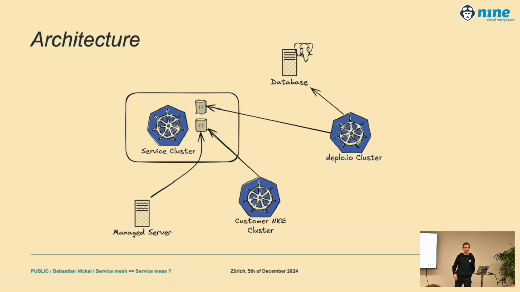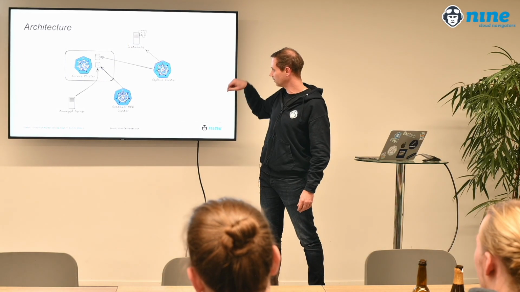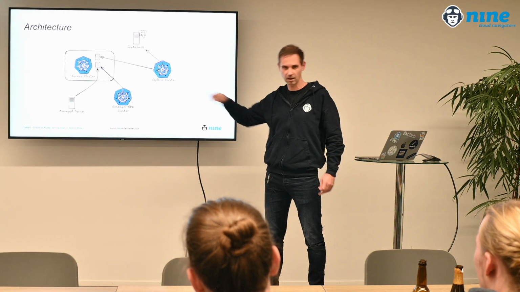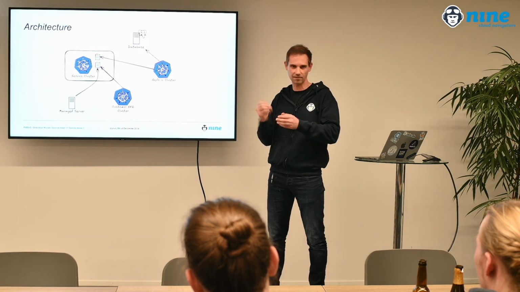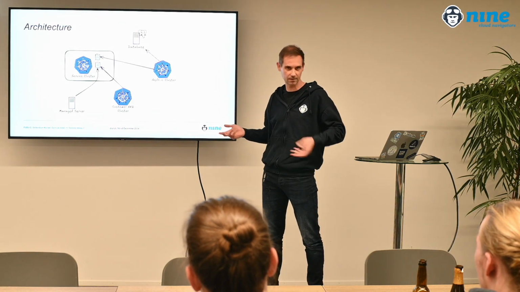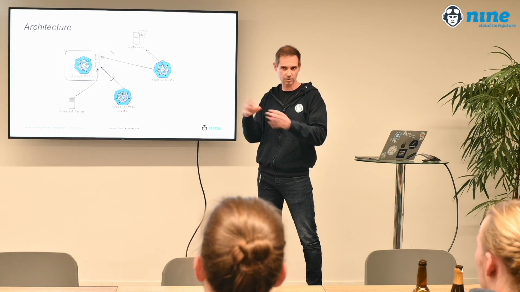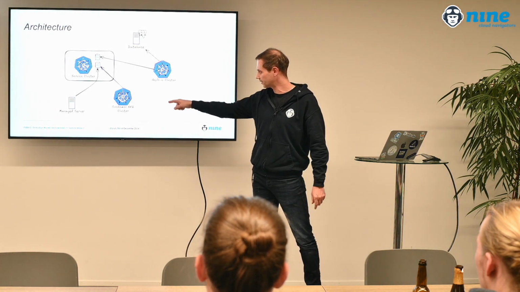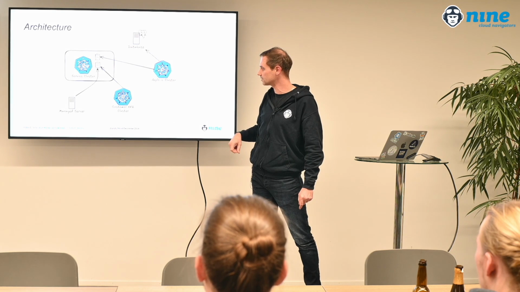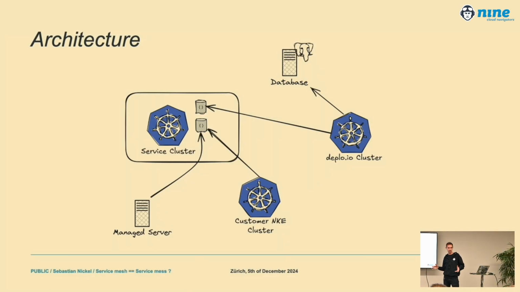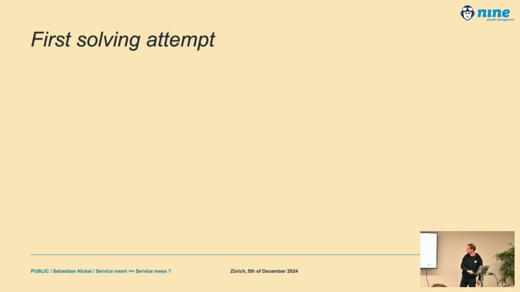This is a very simplified architecture, just so that you can have a look at it. We have a Deploy cluster. We have the service cluster. If you have a product from us, like Grafana, Tempo, or the KVS key value store instance, that's all running on the service cluster, on one Kubernetes cluster. Customers have their NKE clusters. We have databases running on VMs. And we also have the classical managed service, where normal hosting and web applications are running. Maybe they also want to connect to one of our on-demand services. That was the issue, and still kind of is a bit, right?